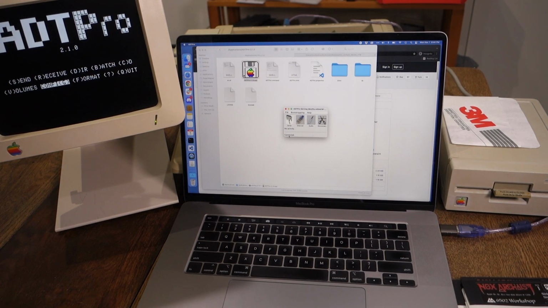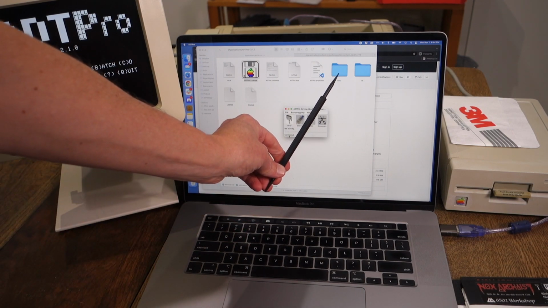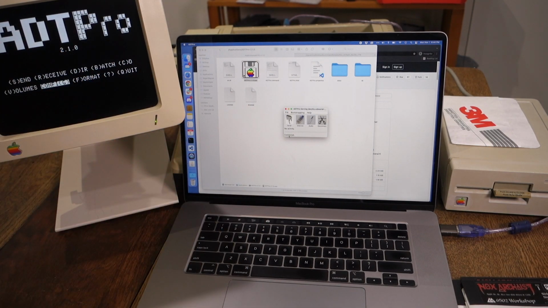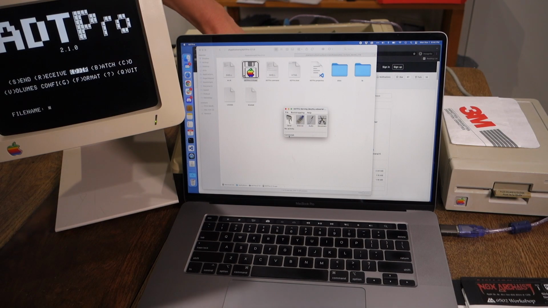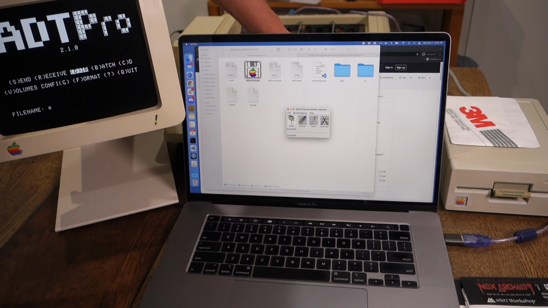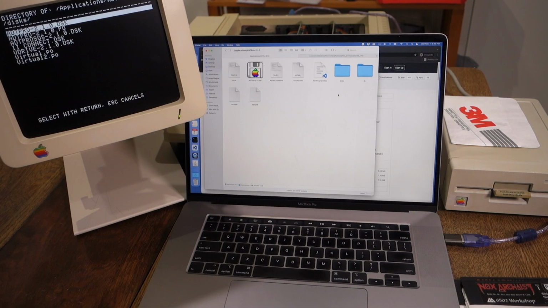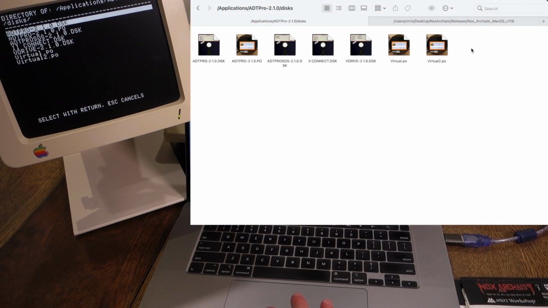directory. And this should give you a directory of disks that are available inside of this disks folder on your Mac or Windows laptop. So if we hit D, and then when I ask for the file name, just hit return. And as you can see here, these are the files that are actually within the disks directory over here on